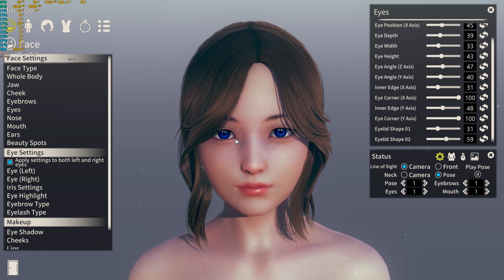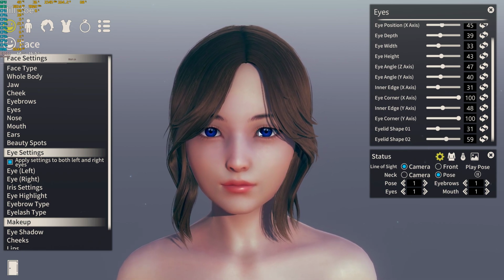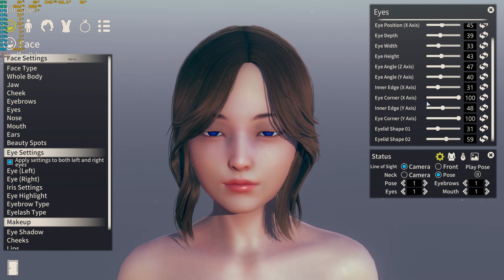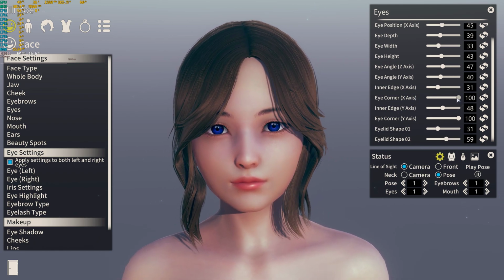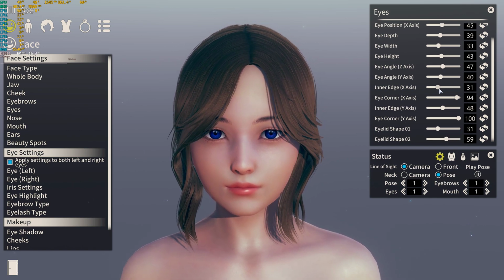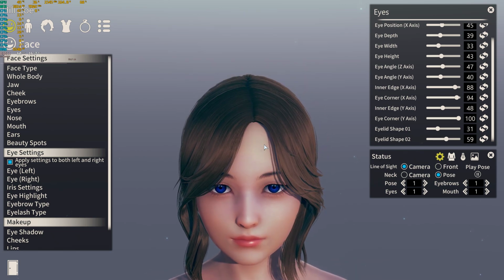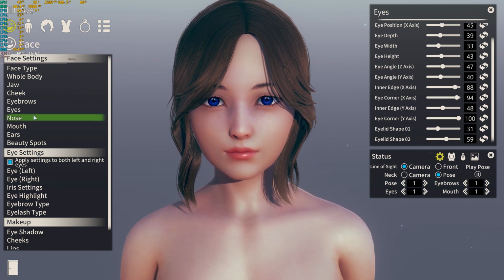I think the main thing, there's a name for it, I can't think of the name of these bits on the inside of the eye. There's a name, it's the eye corner, no, inner corner. Right, so